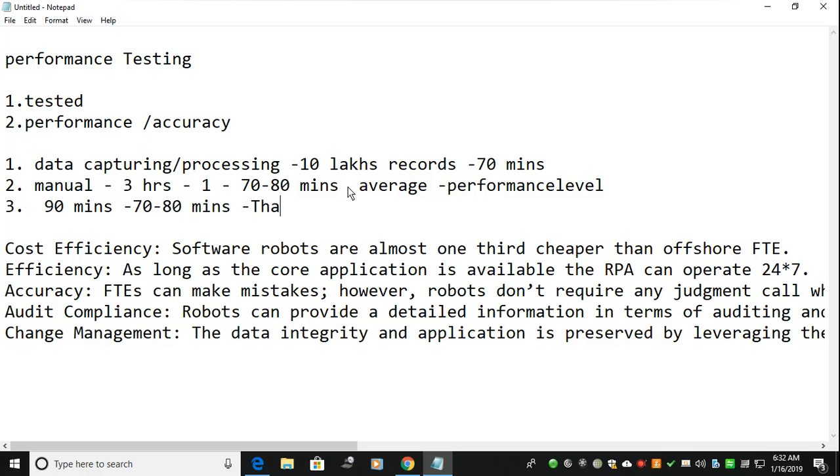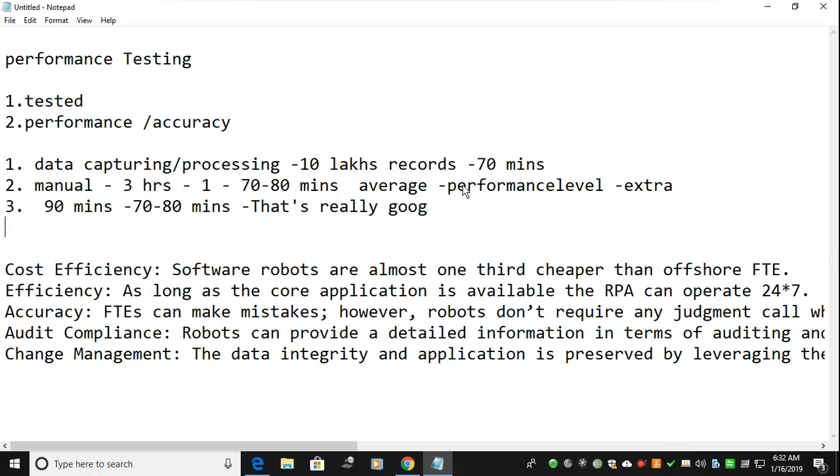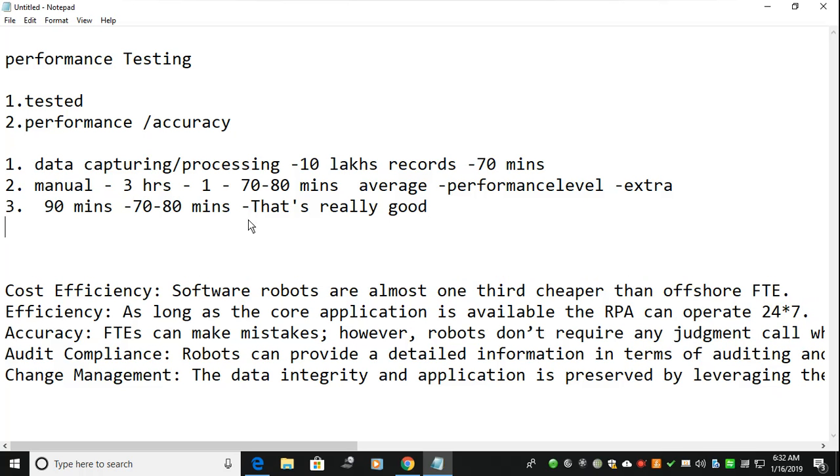That's really good. This is really extraordinary. This is really good. So I'm not worrying about timings, because if it is proper delays,